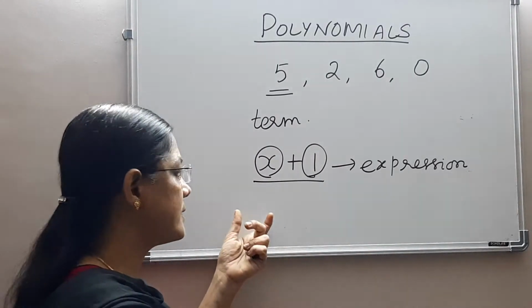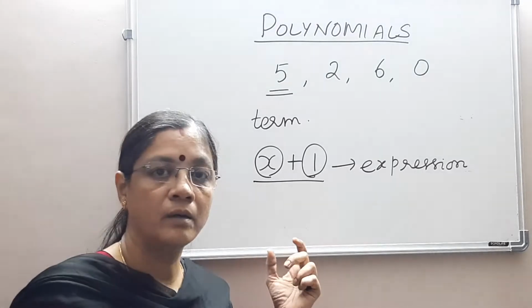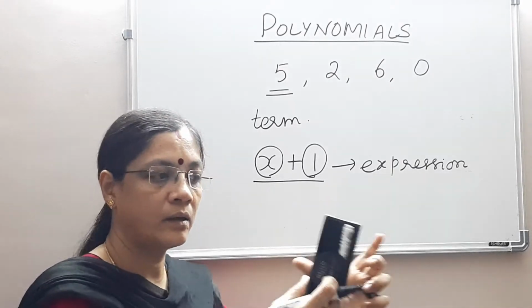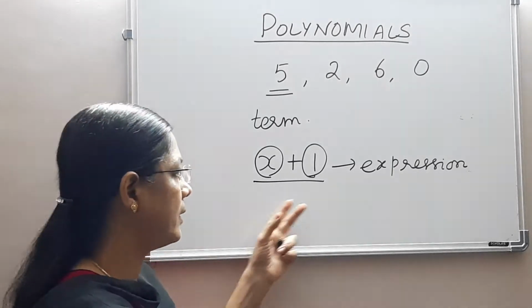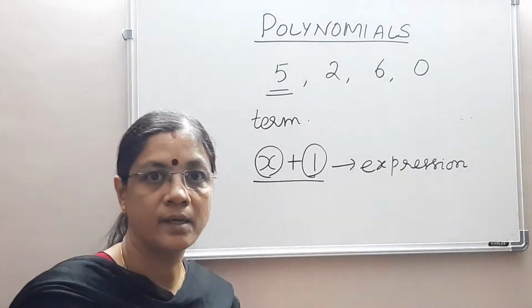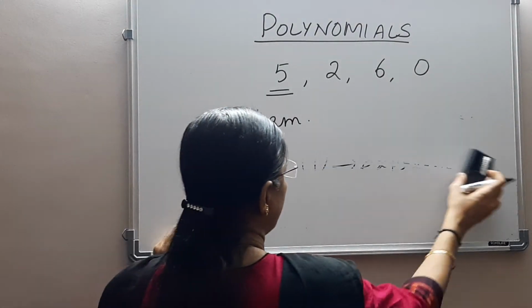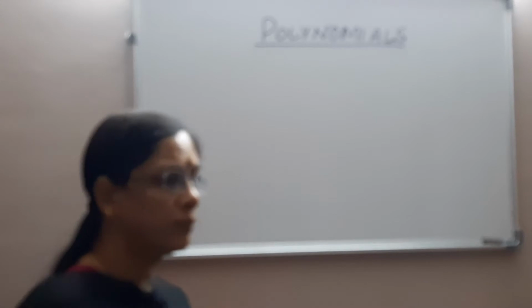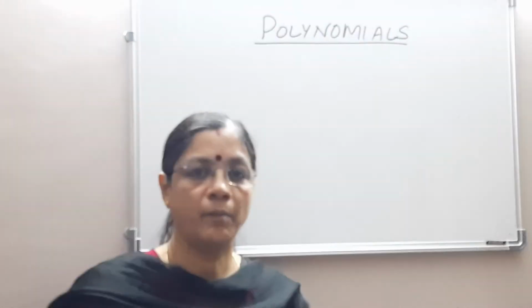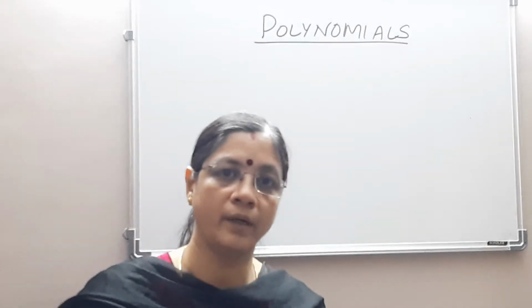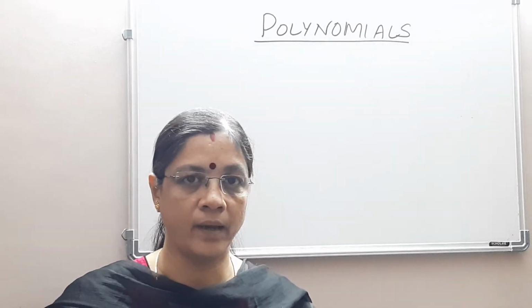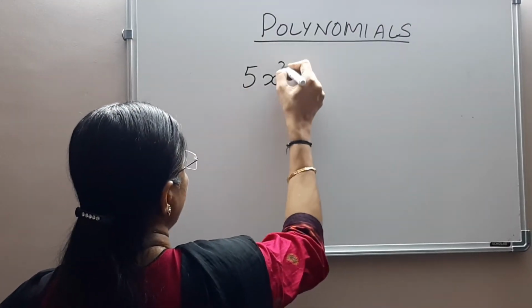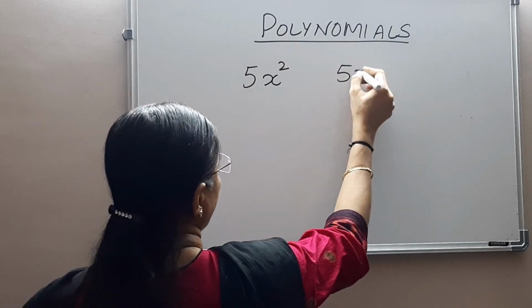But when they stand separately, they are called terms, and terms connected with some operation like addition or subtraction, when they are clubbed together and grouped together in a place, they are known as an expression. This is known as an expression. Okay, so in an expression there can be variables and constants, and depending upon the number of terms or what type of terms you have in that expression, there are different types and we can name them too.